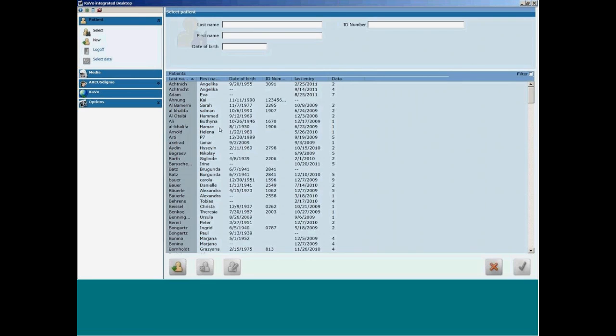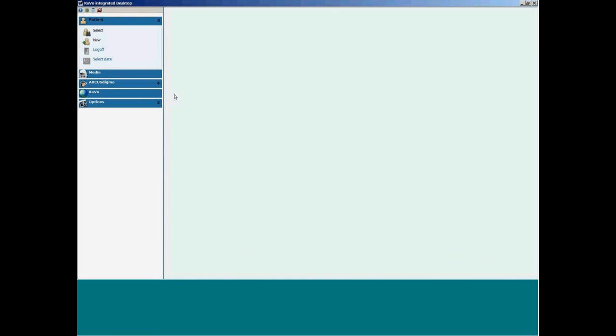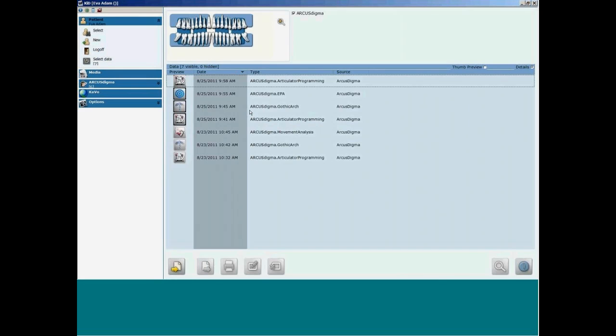Let's have a look at this patient. I select this patient, and here you can see I've already done some different registrations with her. Her name was Eva Adam, a very strange name, but a real name indeed. I will explain it later on a little bit more, what we can see with these stored data and what we can do with it. Okay, let's go back to the presentation.